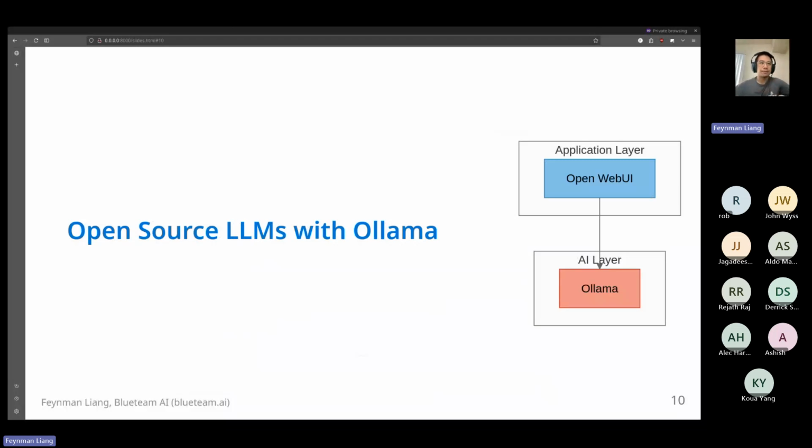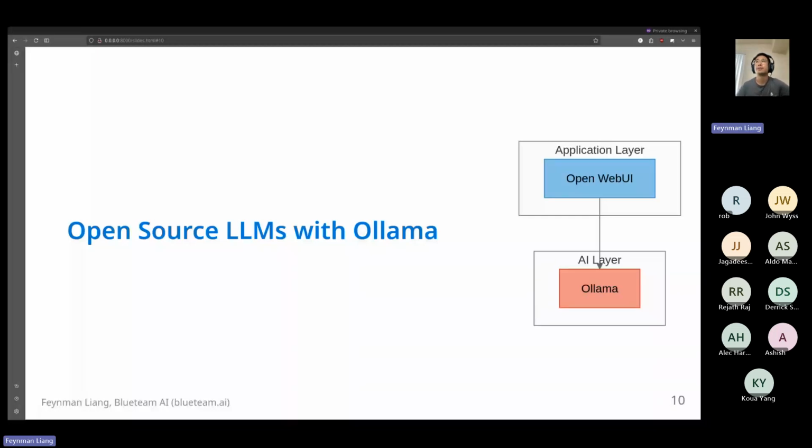So we've got our front end figured out. It's Open Web UI. We now have to figure out what the underlying models are, what's the AI layer? Where are these large language models that we're going to provide? And it's very easy to just add an API key and connect with OpenAI or to connect with Anthropic. You saw in our previous examples, we had already shown connections with Vertex AI's Google Gemini instance, as well as Azure's OpenAI instance. But I want to draw attention to another open source project here, Ollama. Ollama is,